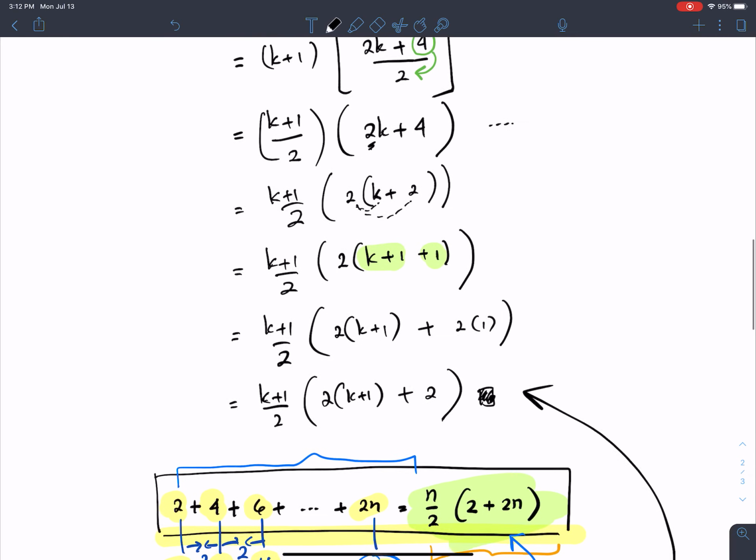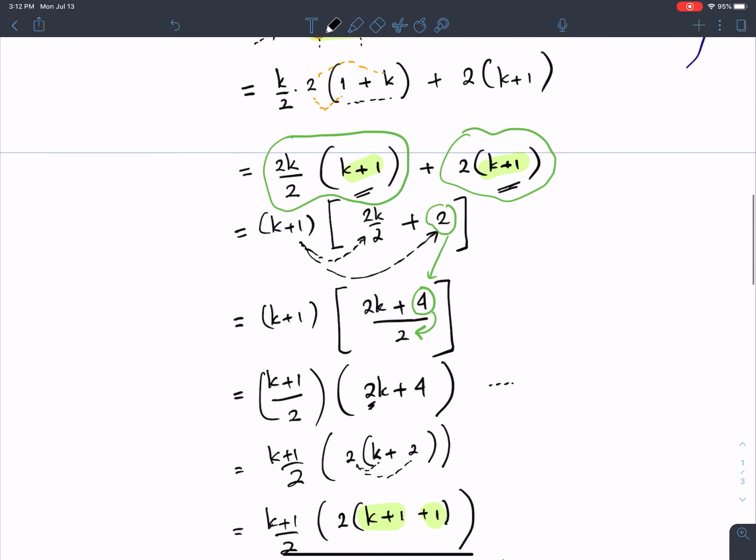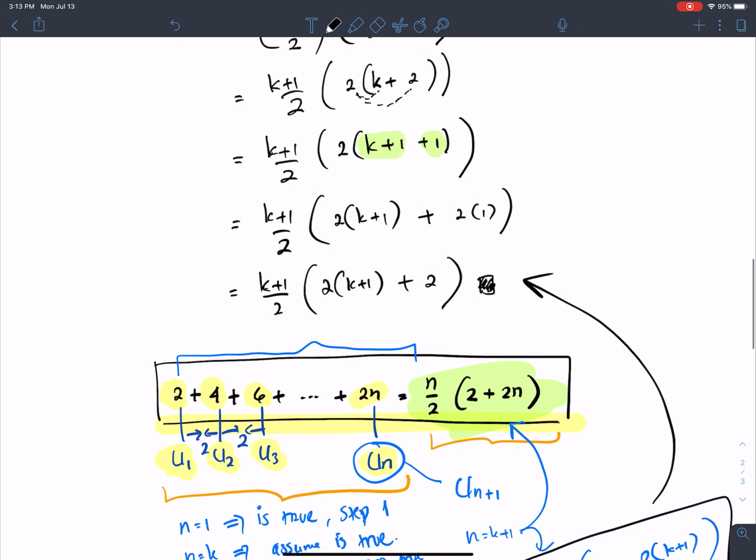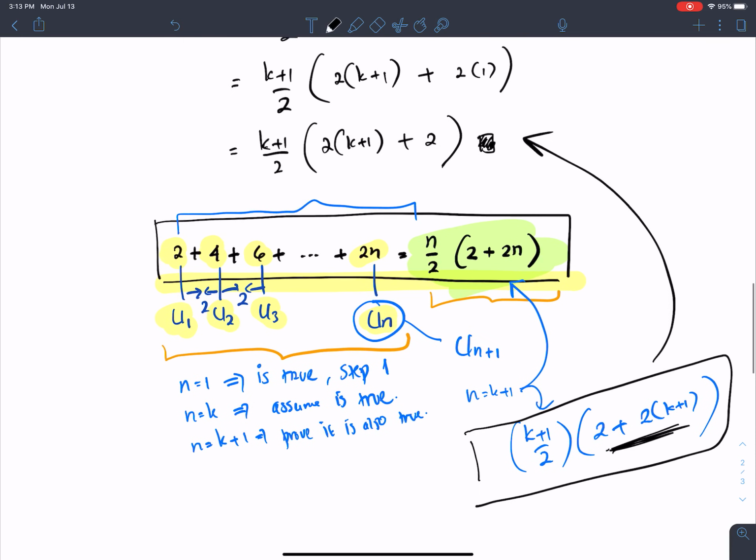So if you still do not get what we are actually trying to do in here with mathematical induction, after this video I'm going to continue on the next video and show you one more time another example. Okay, so you may repeat or replay this video again until you get what I mean. At the same time, in the next video I'm going to show one more example so that you will be clear with what we are actually trying to do. Okay, so let's continue to the next one.